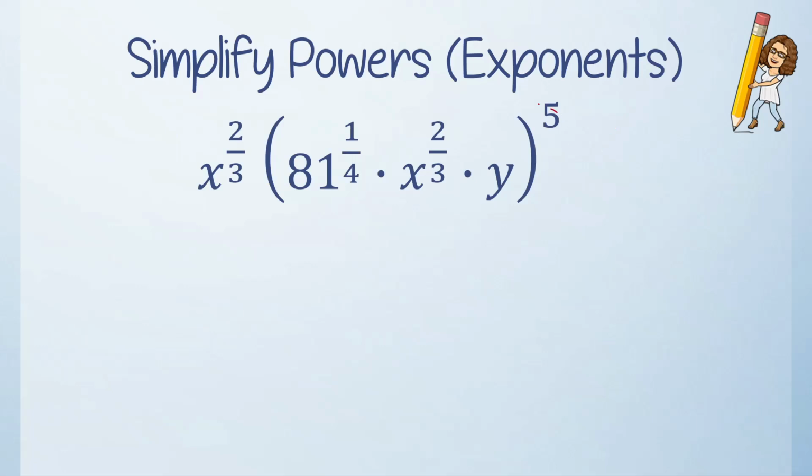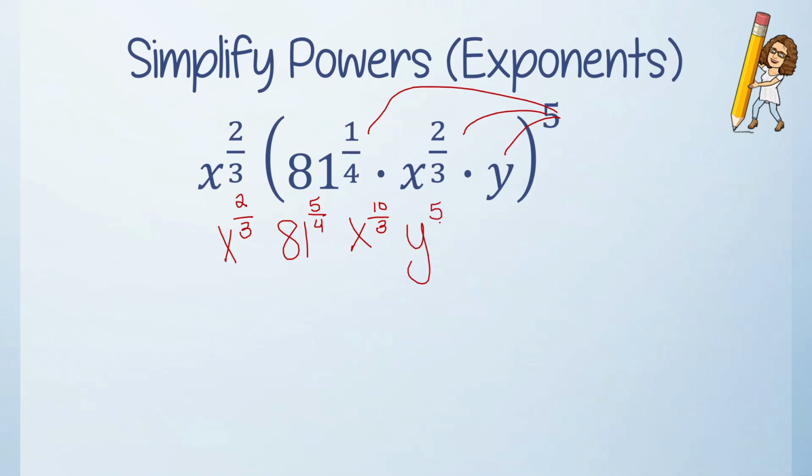So I'm going to distribute that 5, right? That's the first thing we're going to do here to clean this up. So I'm going to have x to the 2/3, who's hanging out front. I'd have 81 to the 5/4 power, x to the 10/3, and y to the 5th. I'm going to combine those x's together. So I'm going to get 81 to the 5/4, x to the 12/3, right? We're going to add those exponents together. y to the 5th. 12/3 is just 4, so this is 81 to the 5/4, x to the 4th, y